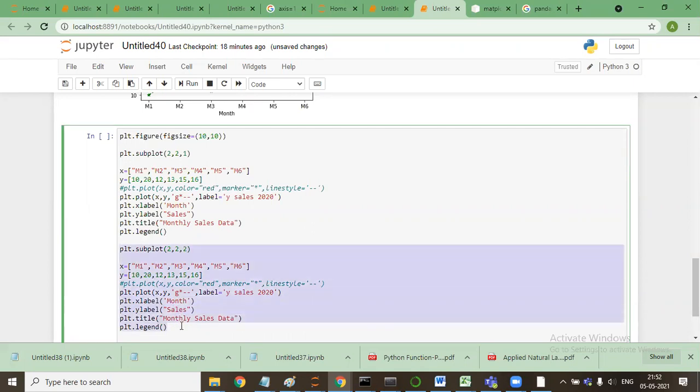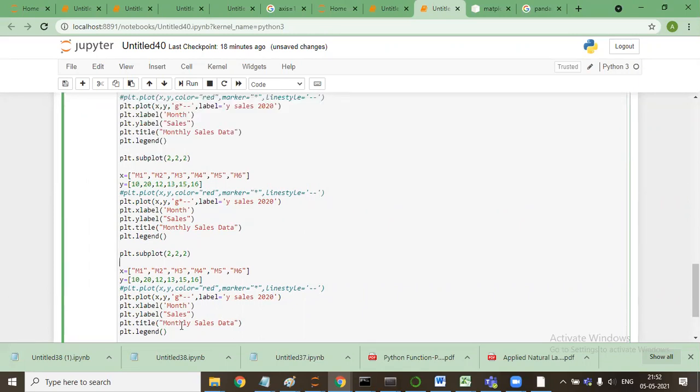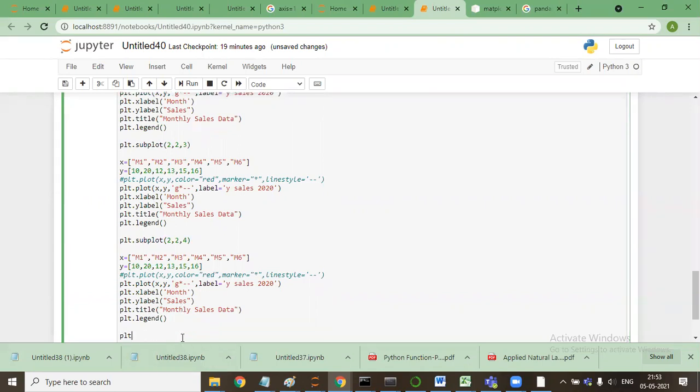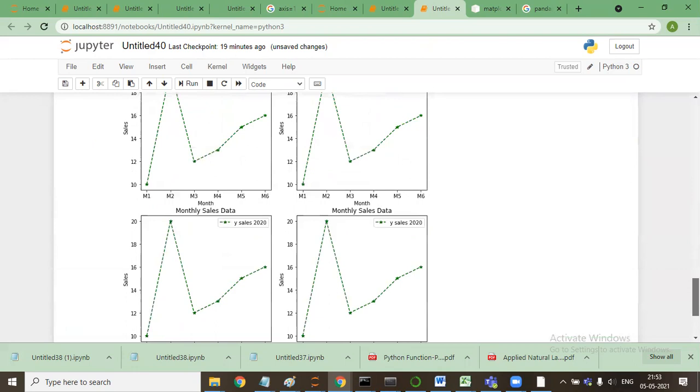Again I say 2 comma 2 comma 3, again a plot I'm making. I'll say 2 comma 2 comma 4. So I have made these 4 plots here, and after this plt.show. You see here we have 4 plots in our area.